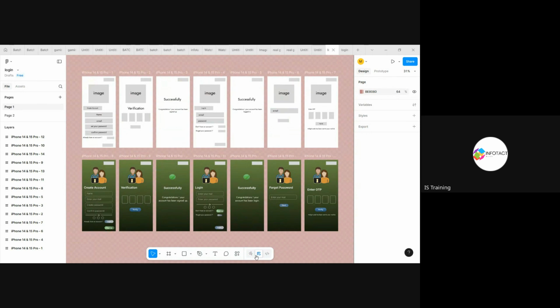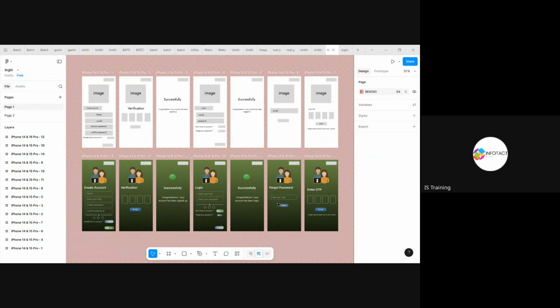Today we will be going with the prototyping.